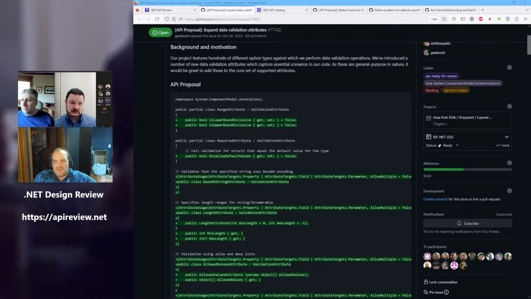In addition, if you set this bit that says not only do I want this to not be null, I also don't want it to be the default, which is equivalent to, I don't want the string to be empty. Right, which we do already have a property for on required attribute, AllowEmptyStrings, is there for exactly that handling for strings. What is the property that already exists on required attribute? AllowEmptyStrings, and it defaults to false.